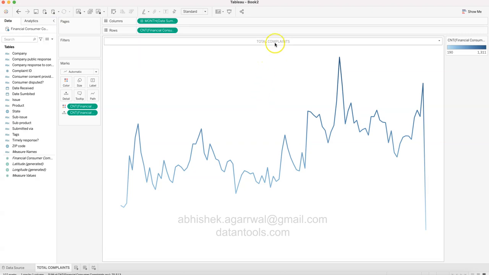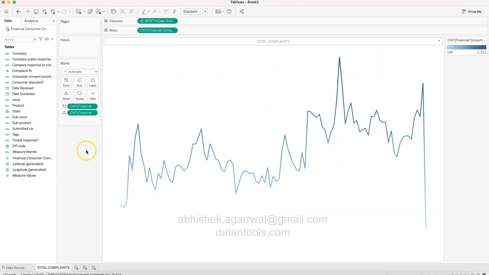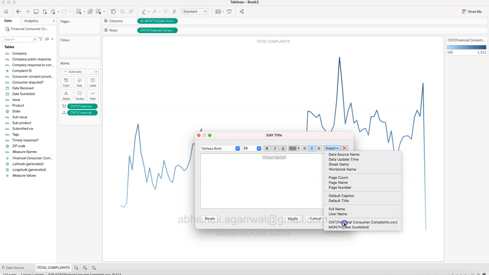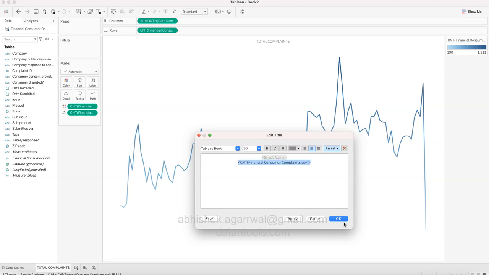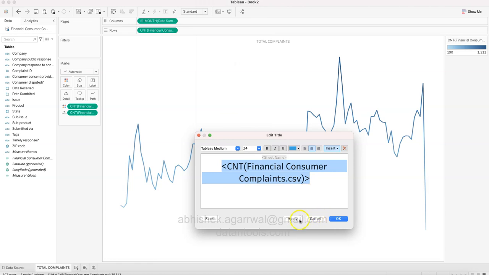Okay, and now the question is this KPI, right? The KPI is something which we are going to get from here. How? Well, see this. You double click over here in the title, come one level down, come to insert and click on this count of this. Select this, change the color to this, make it 24, and then Tableau medium, click apply,